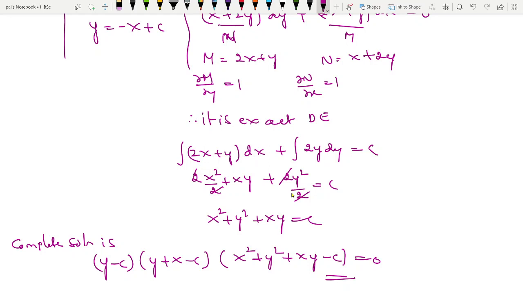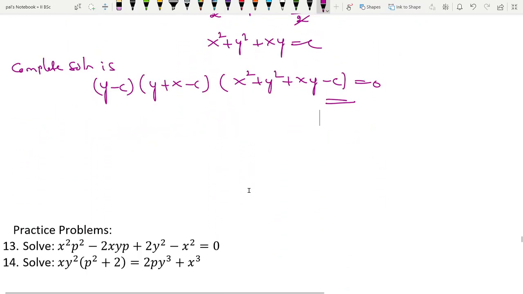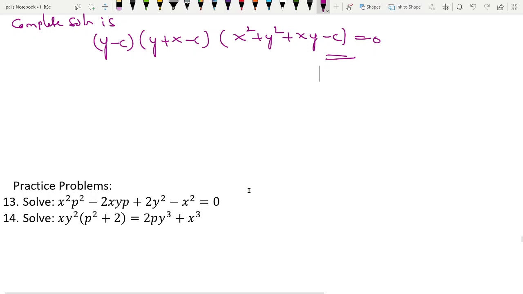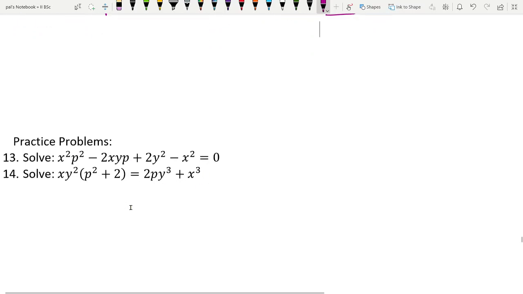Okay, so like this we solve first order higher degree differential equations. Yes, try to solve these two equations. Both are easy ones. I have already solved this type of equations. So just practice these two problems. With this, I finished type 1, that is the equations solvable for p. In the next class, I will discuss the equations which are solvable for x, solvable for y, and Clairaut's equations. Thank you.